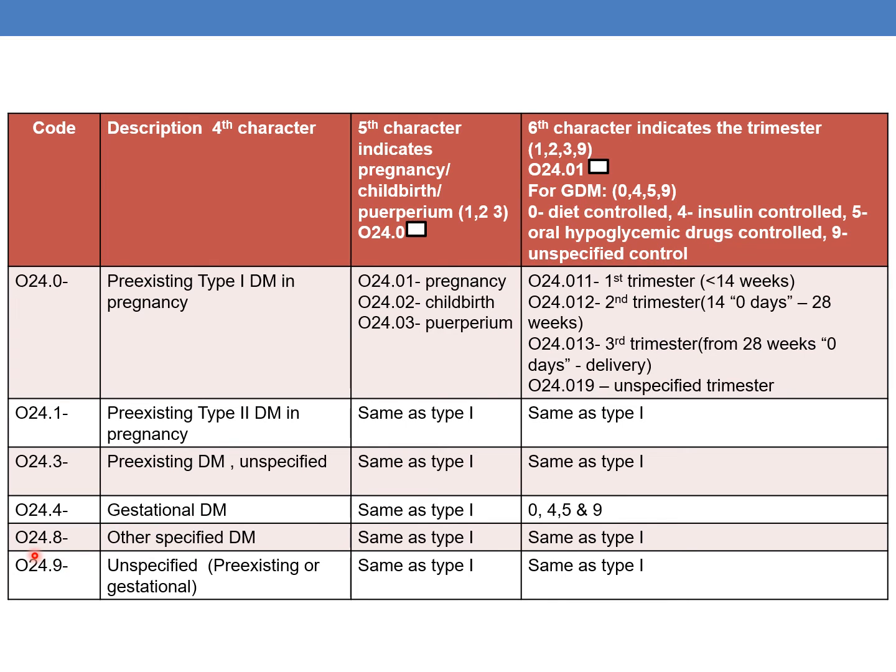Next is O24.8, which indicates other specified pre-existing diabetes mellitus. The fifth character classification is same, 1, 2 and 3. 1 indicates pregnancy, 2 indicates childbirth, and 3 indicates purpura. And sixth character is also same. 1 indicates first trimester, 2 indicates second trimester, 3 indicates third trimester, 9 indicates unspecified trimester. And similarly,